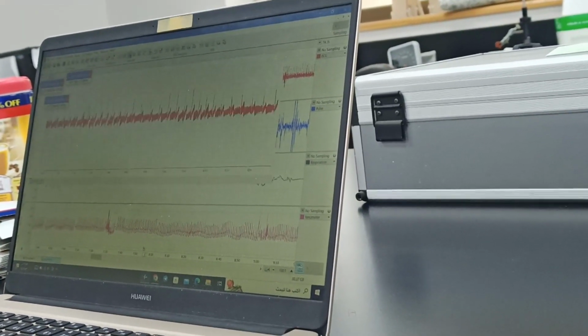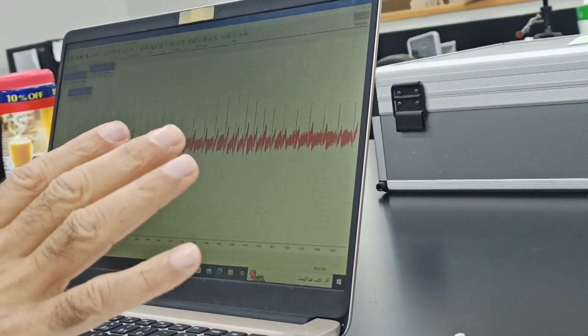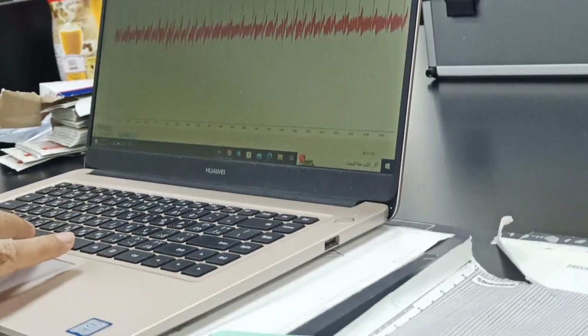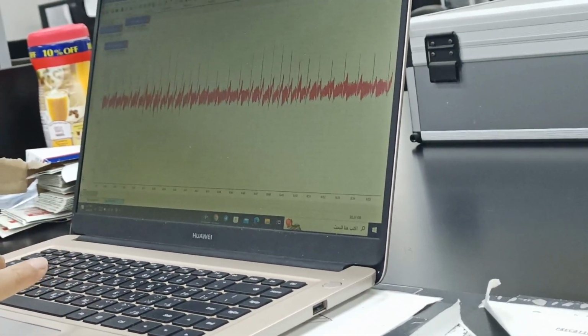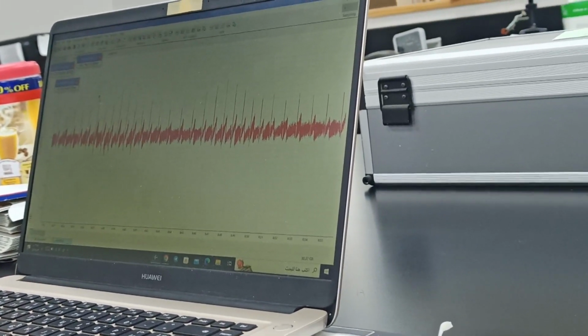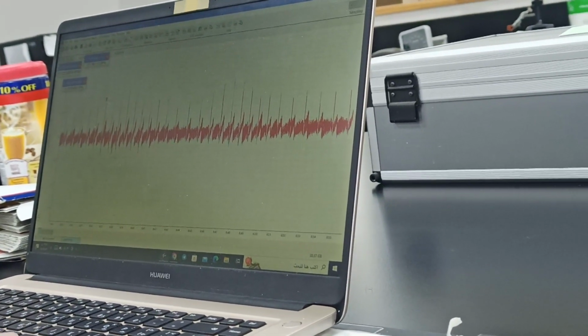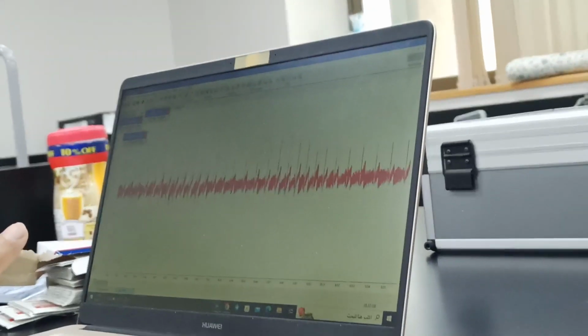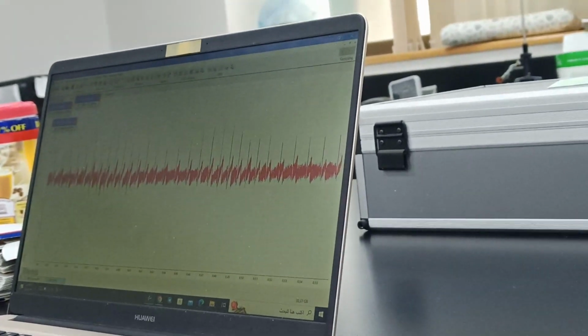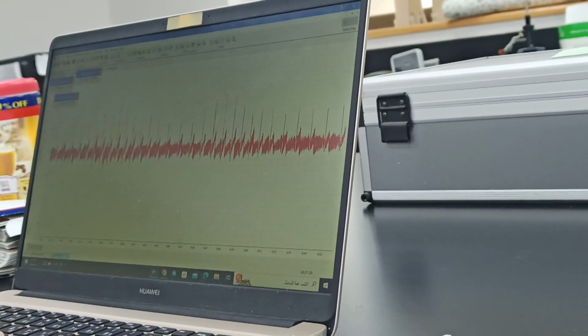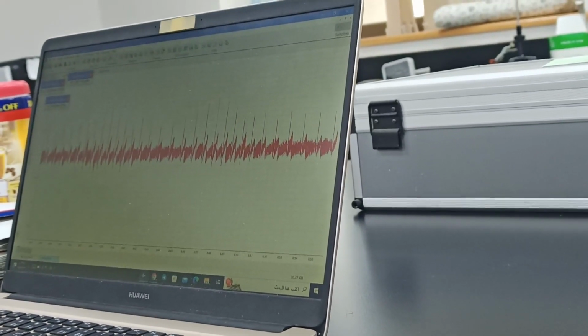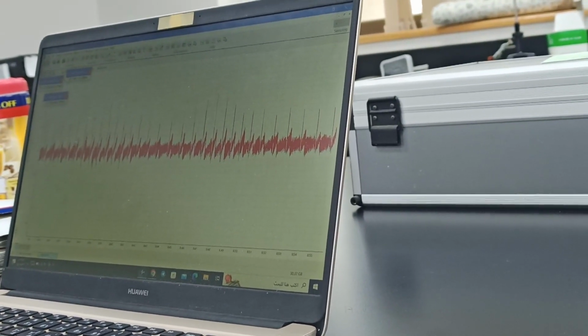Zoom view. All right. And then we have the option. We have a marker here. We can bring a marker and put it at one QRS, R wave rather. And if we put the cursor onto the next one, we get the